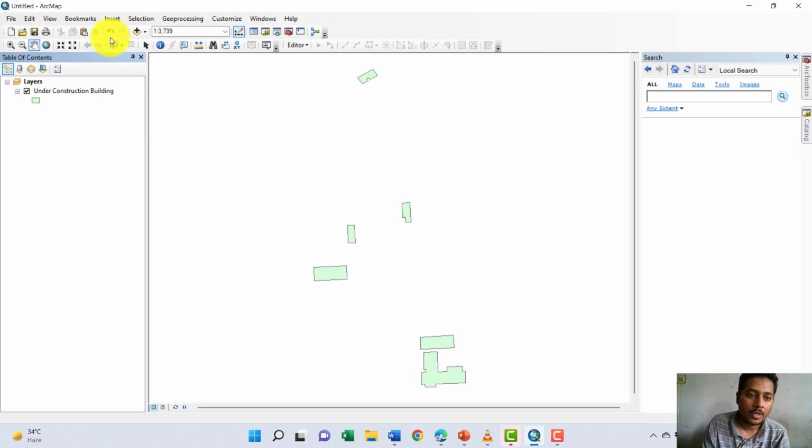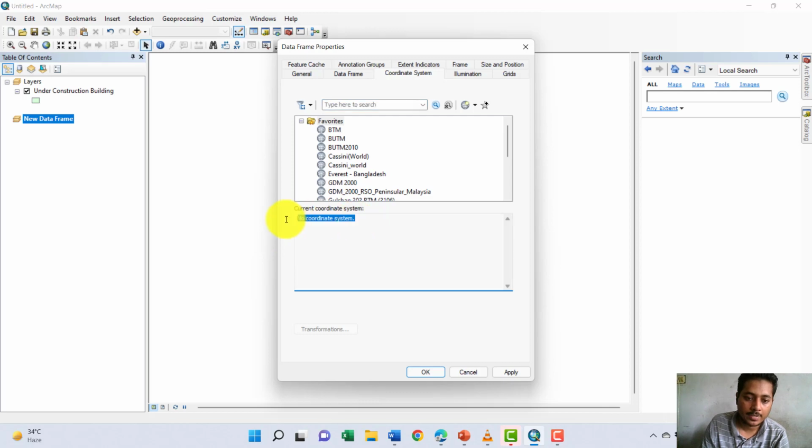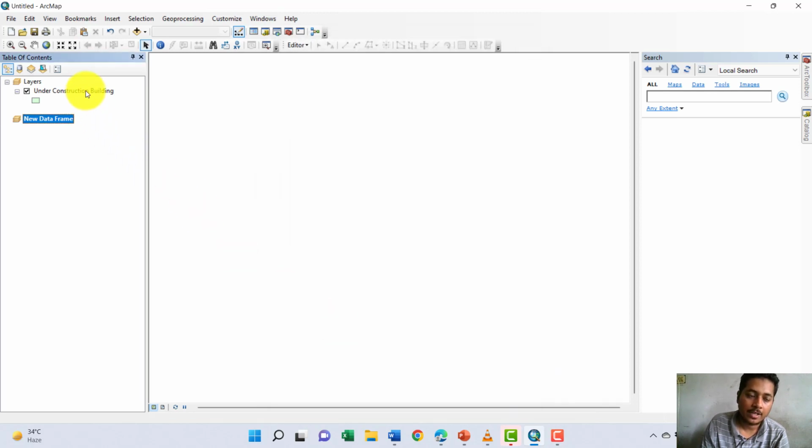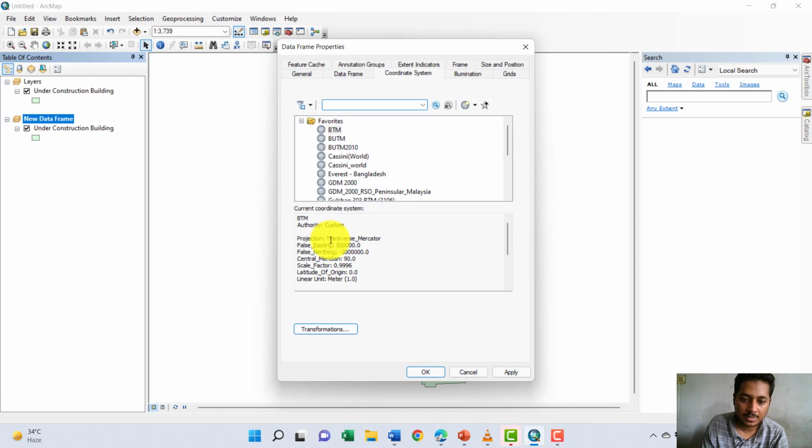Okay. Now if we open a new data frame from insert data frame, this is a new data frame. If we go to its properties, we will see there is no coordinate system currently. If we drag a shapefile into this new data frame, the data frame will have the default coordinate system of that shapefile. Let's see. If we drag it to this, now if we go to the properties of this data frame, we will see this has the projected coordinate system of BTM here, and the geographic coordinate system is GCS Everest